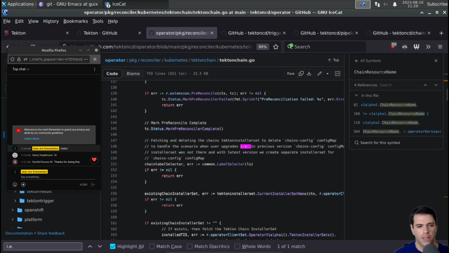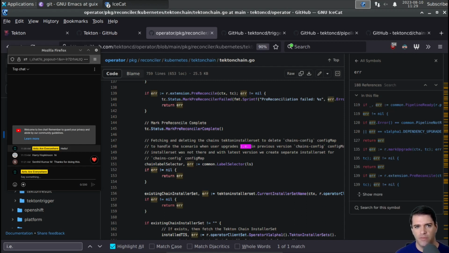There's something about the config map maybe didn't have some config, maybe the chains config, whatever that is. The installer set. And maybe we push a new config map with that. Maybe it's doing that sort of thing. There is some ugliness in Kubernetes, I think, with config maps where if you change a config, that new config won't necessarily be updated until you restart the pod. They might have fixed that. I'm not sure if this is working around that sort of thing for some reason, but at any rate,